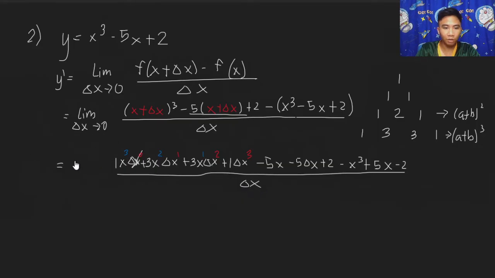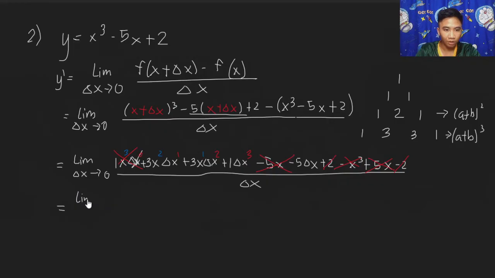So, huwag natin itong kalimutan. Kasi tatanggalin lang natin yan kapag nakapag-change na tayo, kapag nagamit na natin ito. So, as you can see, pwede na tayong mag-cancel. So, si negative 5x, kakancelin natin yan dito. Si positive 2, makakancel din. And then, si positive x cube, ito. Ayan, kita nyo ba? Positive x cube, cancel. So, we will now have